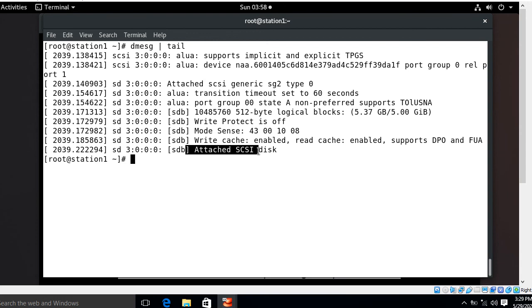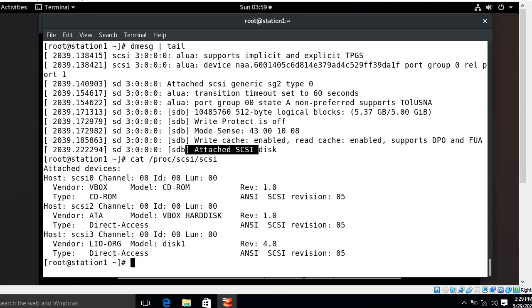But the point is how do we ensure that this is a local disk, physical disk, or iSCSI disk, because lsblk will not show you which type of disk it is. So to ensure this, we have a file called iscsi under the proc. So if I go with cat /proc/scsi/scsi,